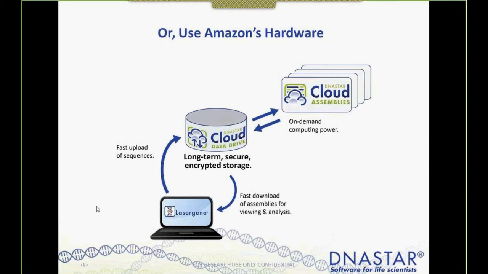It's actually cheaper in the long run just to use cloud computing. And Amazon, of course, has very nice, shiny new hardware up in their cloud, so you get top performance when you use the cloud. And the way that we typically use the cloud from DNASTAR is that we set the assembly up on our local computer,